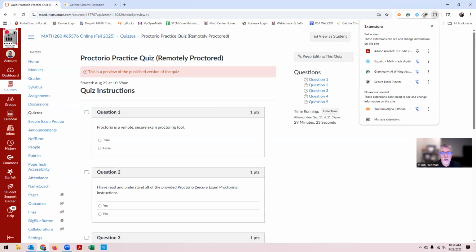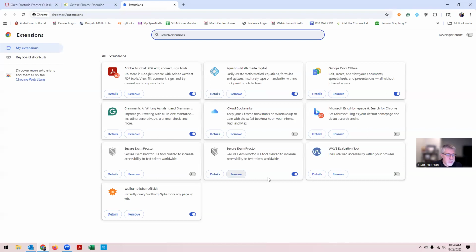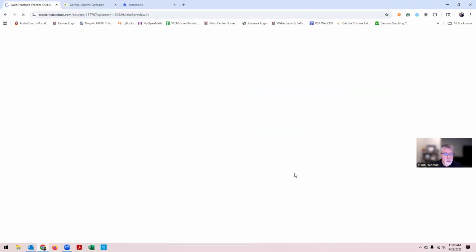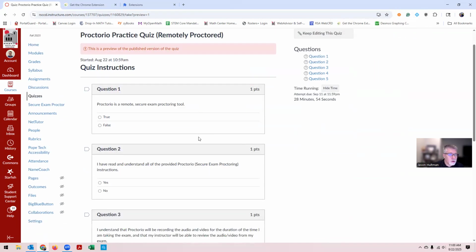Okay, that shows me that the shield is working. I could also go to manage extensions, and I can see that, yeah, my Secure Exam Proctor right here is working. Okay, I can turn it on and I can turn it off. Make sure that it's turned on. So it shows that the Proctorio extension is working now. I'm going to make sure that it's turned on. And then I'm going to work through